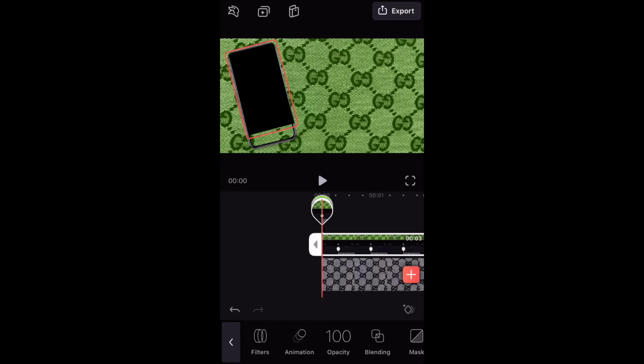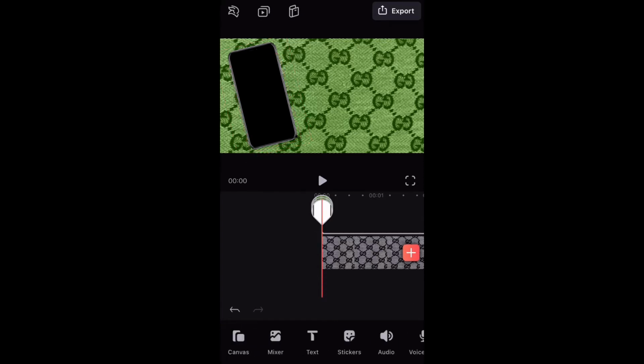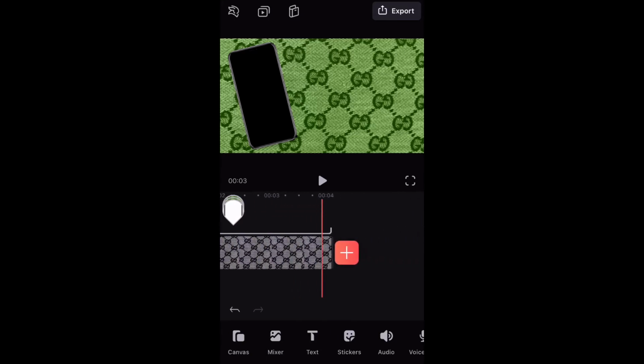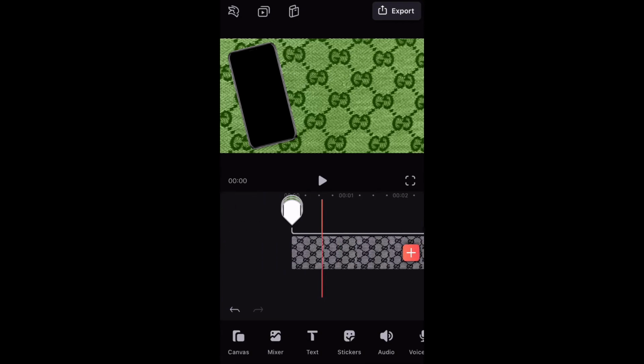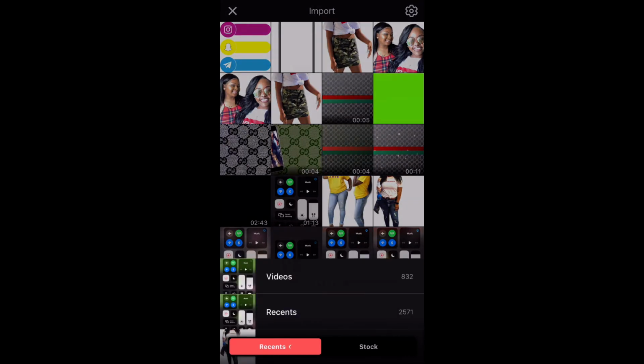Okay, and then what you're gonna do is arrange and go boom. So now the iPhone is on top. So again, with this one, I'm gonna duplicate it because now I need some for the bottom. I'm just gonna drag it down. Okay, now I got my little iPhone. Also make sure again that everything is all the way through because you don't want to have like half an iPhone or something. Okay, so now I'm gonna add my videos, go to the mixer again, go back to my